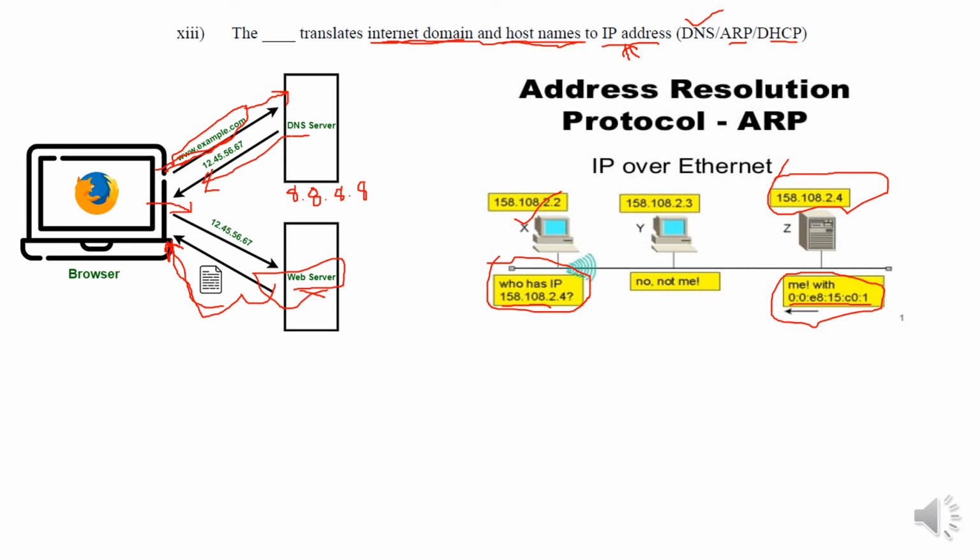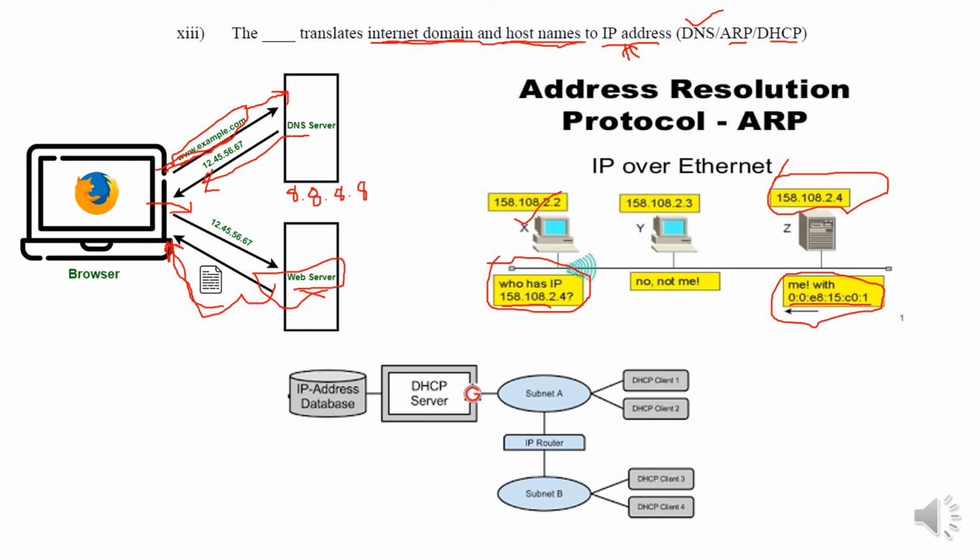Now what is DHCP? That is Dynamic Host Configuration Protocol. It is used to assign IP addresses dynamically. Suppose a DHCP server is installed in a local area network. Then in that network, whenever a client, meaning any system, is connected and turned on, this server automatically assigns it an IP address from a pool of IP addresses. There is a database of IP addresses, and it assigns one to this client.